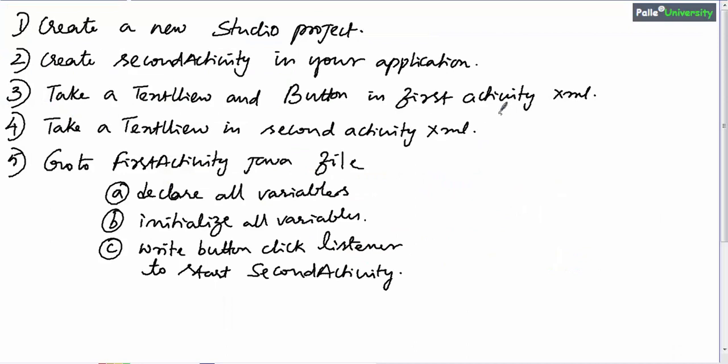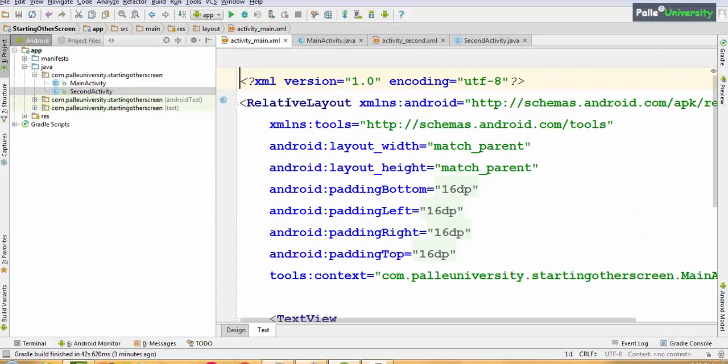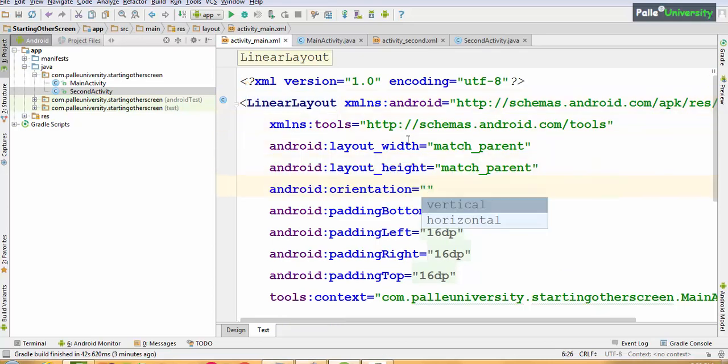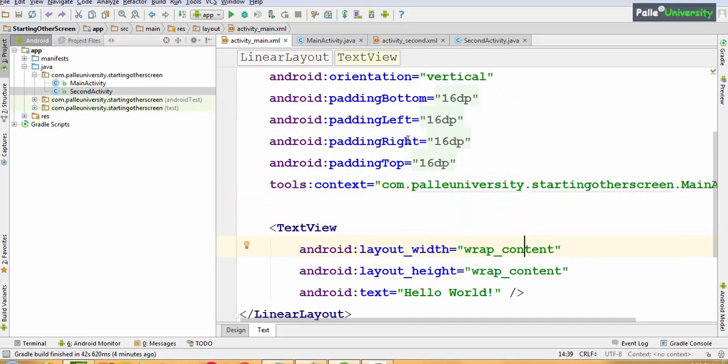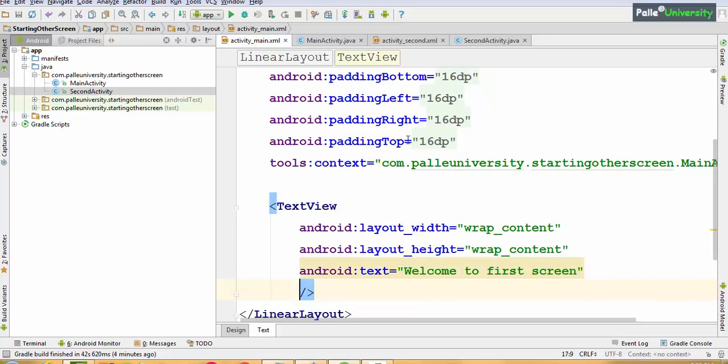Next step, do first activity design with a text view and button. Go to activity main. In place of relative layout, take linear layout with orientation vertical. Already a text view will be there. Remove the content and change it as welcome to first screen. If you want, you can give some ID for this text view.